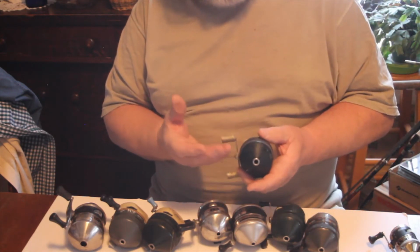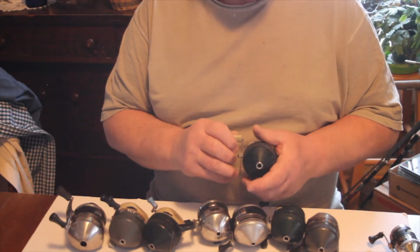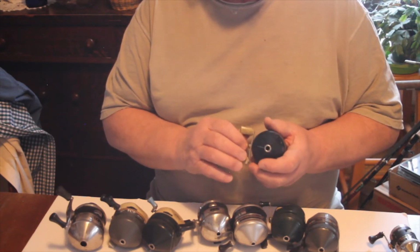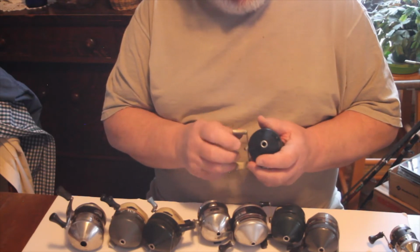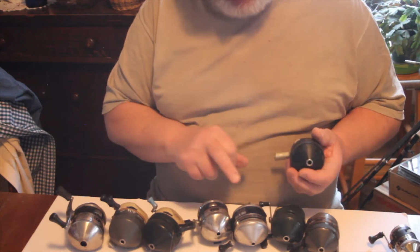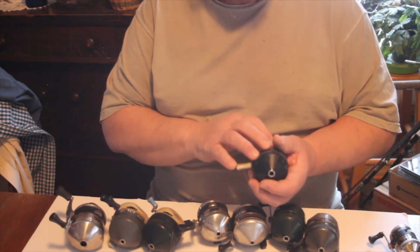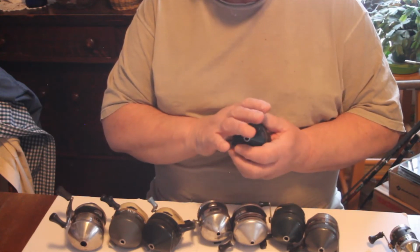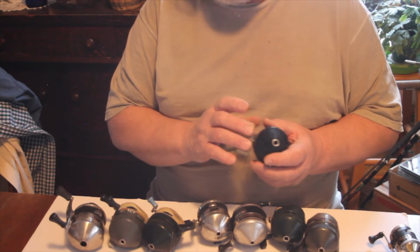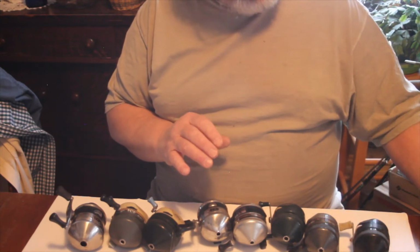But don't think that they were only for children, because I used to fish with an Adirondack fishing guide, and he was an older man and lived to be about 80, and he had one of these 202s, and he had one of the earlier 33s. He had these on his poles, and that's what he fished with. And he could have afforded a better one, but he didn't. He liked the simplicity of the Zebco reel,